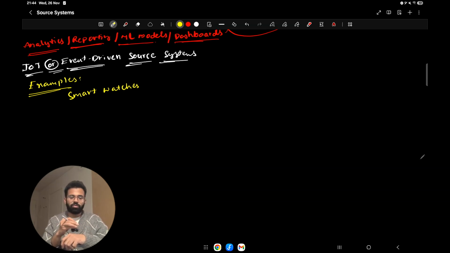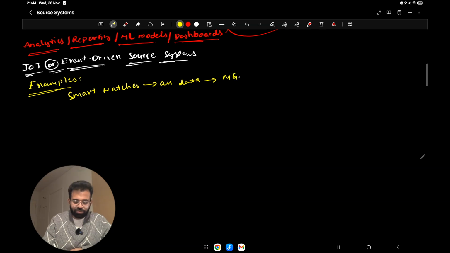Those sensors capture your heart rate, pulse rate, breath rate, sleep cycles and all that stuff, and then send all that data, as soon as they capture it, normally to message queues.